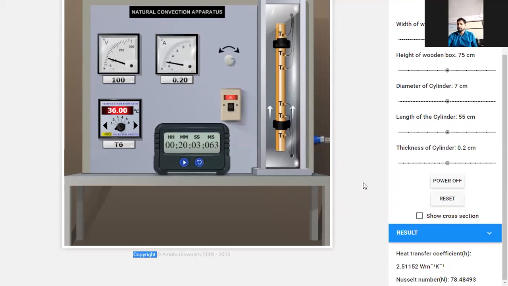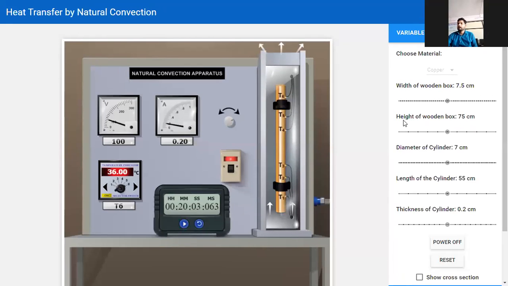So in this fashion you will get the readings, and you can change the material also by keeping one parameter as a variable, and keeping all other parameters constant. So you can check the effect of